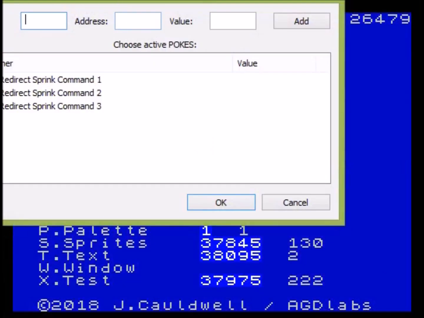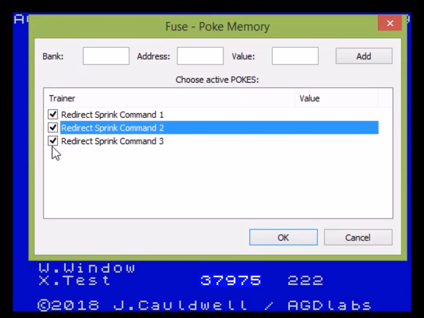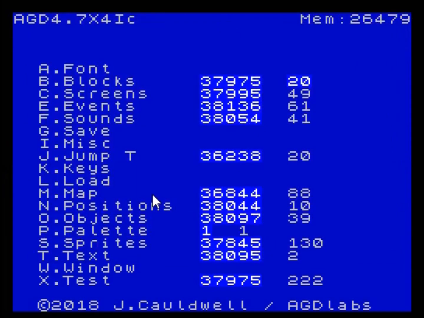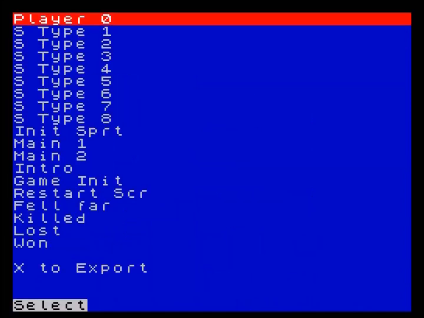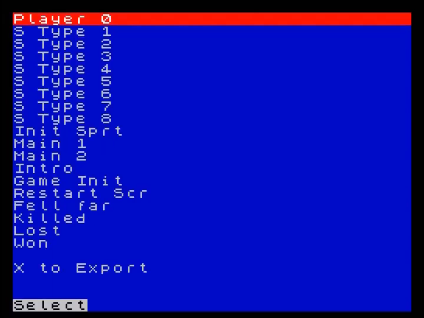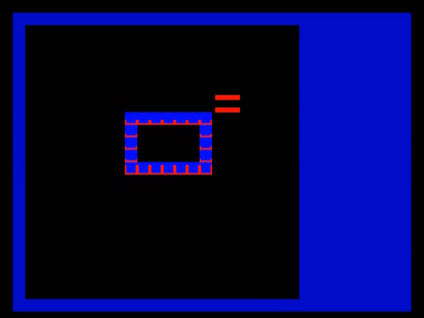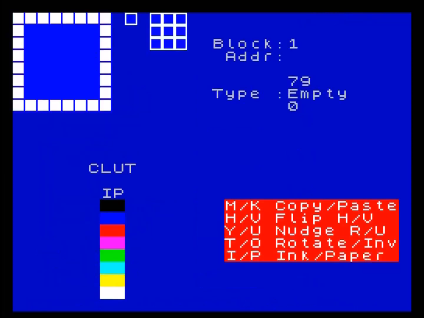What this basically does is change the current AGD sprite routine, and it tells it to go to our code instead. So our code is now replacing the original sprite inc command, and this means that we can add extra code and change the commands without disrupting the overall structure of AGD. So now that that code's in there, we no longer need to put Spring7 in here. Let's see what happens, and oops, well, we still have our problem of the overpaint, but it can now be